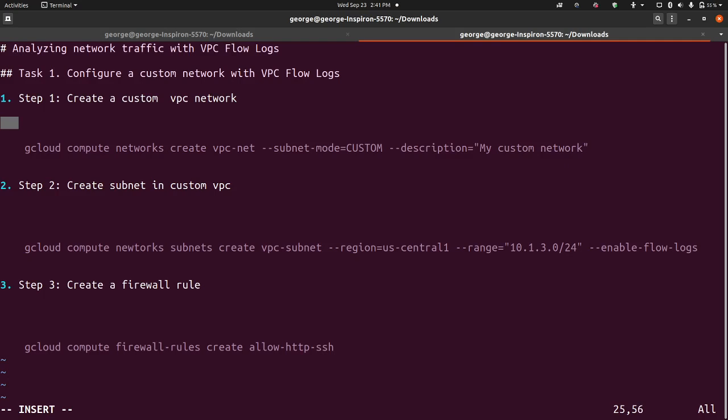and SSH traffic, and the network we'll be working with is our VPC nets, and it will target tags will be HTTP server, any resource that has that tag. Direction is ingress. Okay, and then source range. Okay, source ranges will be 0.0.0.0